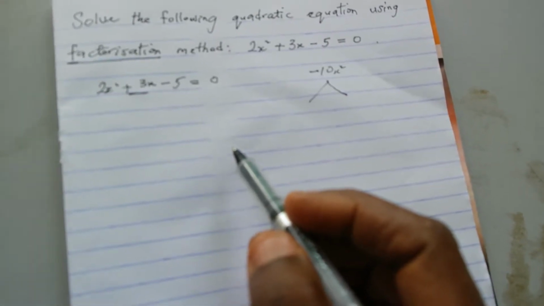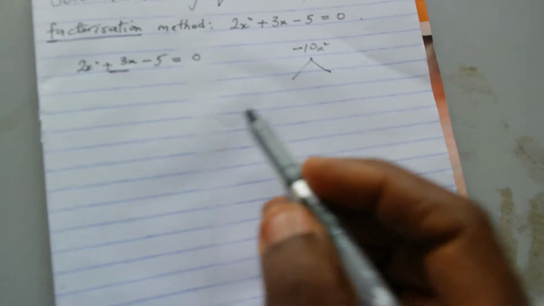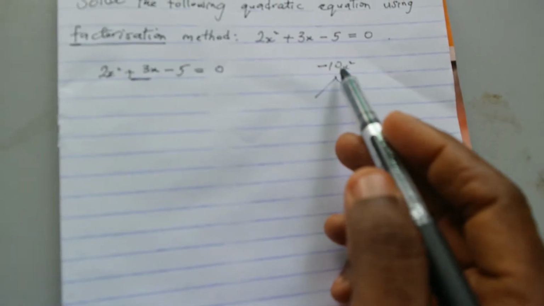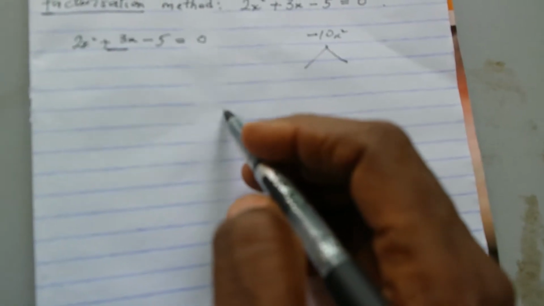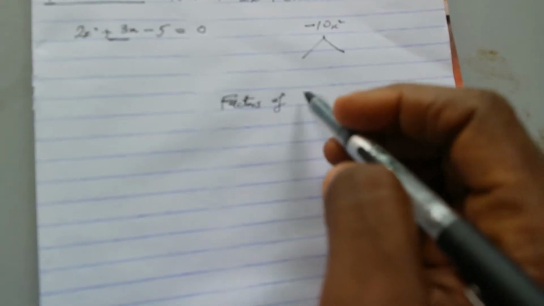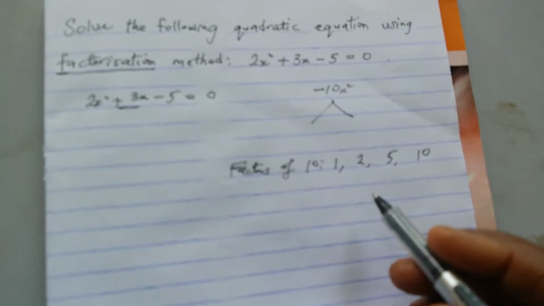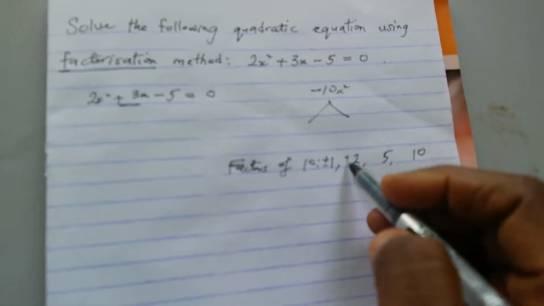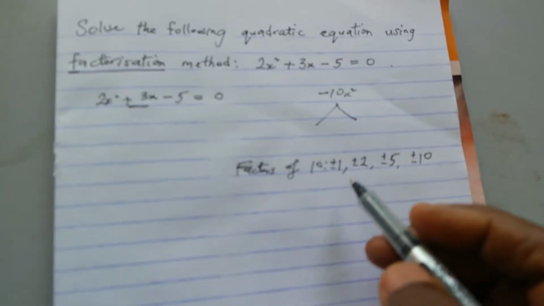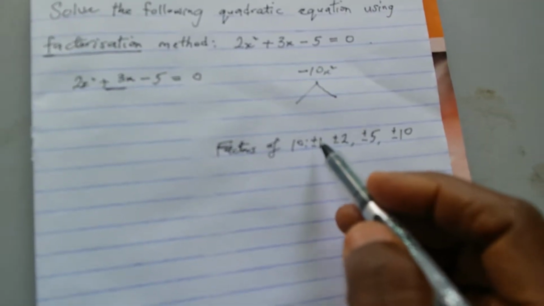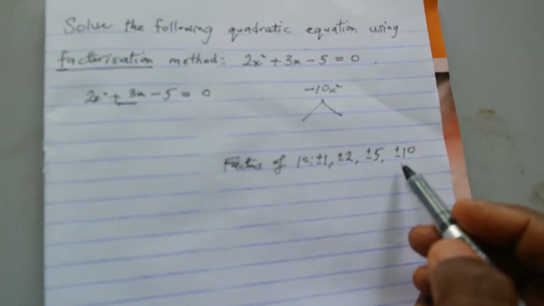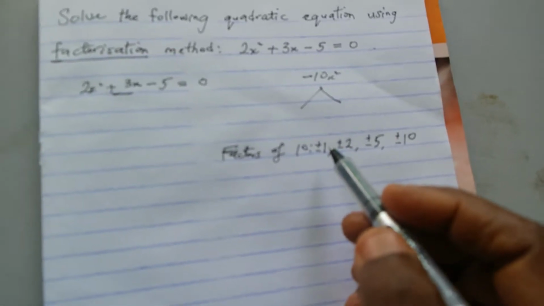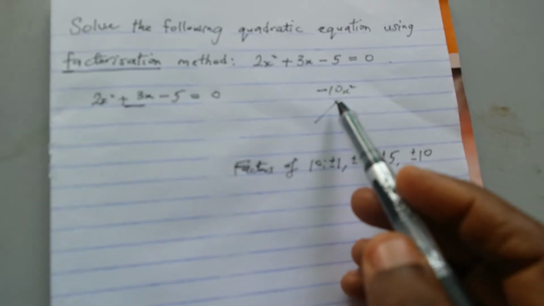Now, the hint: how do we get these numbers to make it easier? List out all the factors of 10. The factors of 10 are 1, 2, 5, and 10. Now we need to consider the signs, plus and minus. So here we have 8 numbers altogether: plus 1, minus 1, plus 2, minus 2, plus 5, minus 5, plus 10, minus 10. If you look at it very well, the two numbers that multiply to give minus 10 and add to give plus 3